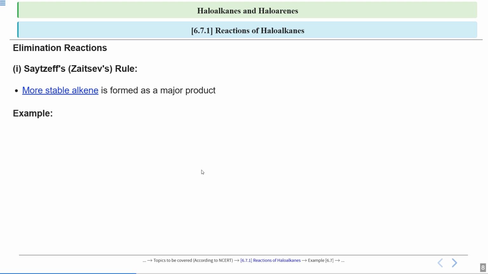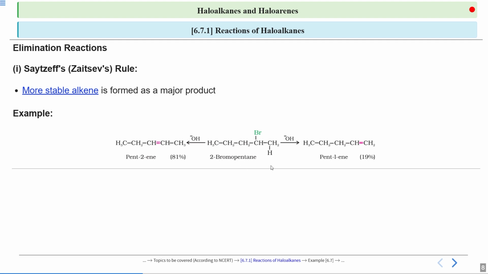More stable alkene, how? Let's see. For example, you have this 2-bromopentane. Pentane, because in your parent chain you have 5 carbons. At the second position you have bromine attached as a substituent. The bromine is attached to the alpha carbon, which is our second carbon. So the beta hydrogens will be present on the first carbon and the third carbon, right? Now, from alcoholic potassium hydroxide, because we are talking about an elimination reaction, the base is KOH, from which we get a nucleophile, that is OH minus,